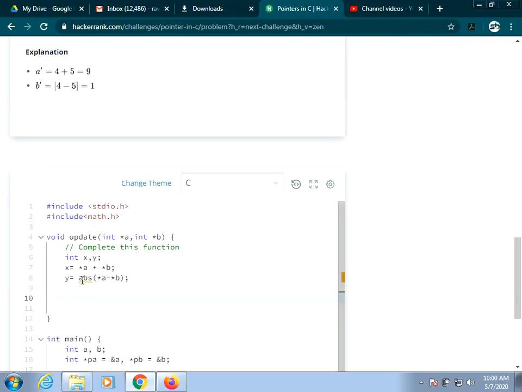After that just move the value x into a and move the value y into b. That is, a should contain the sum of a and b, b should contain the absolute difference of a and b. So into a I will move x, into b I will move y. This is the function you have to write.